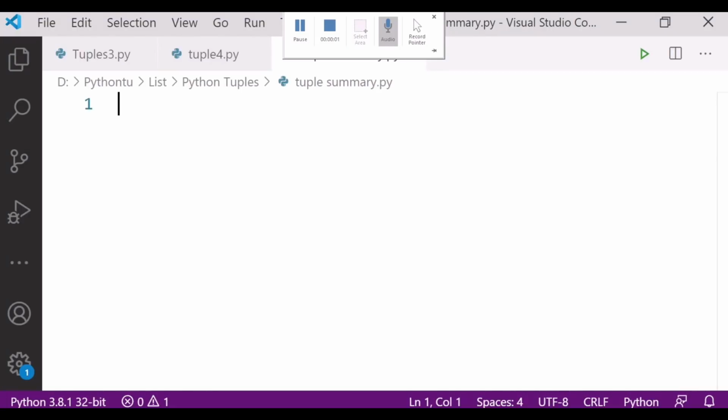Let's see the summary of whatever we have read here. First, what are tuples?